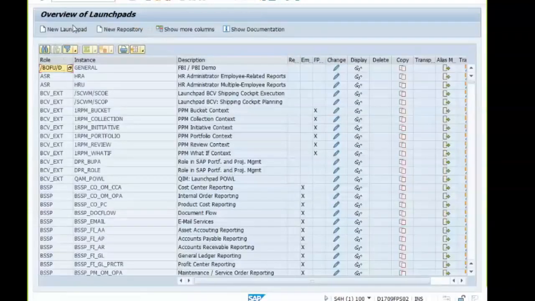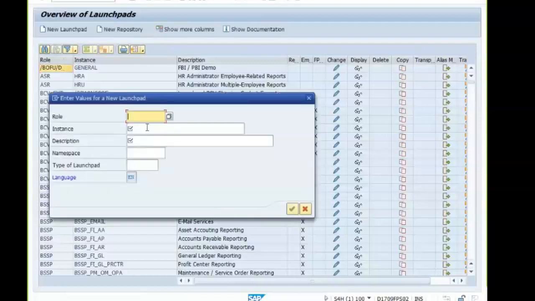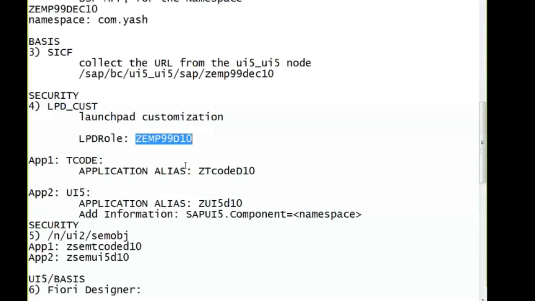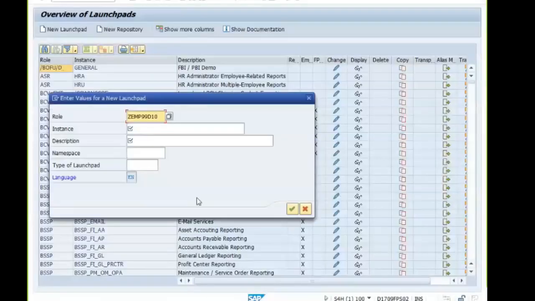So in the LPD cust, create a new launchpad with a role. I told you that we'll use this role, the EMP99 D10 instance. There are 3 instances: transactional, analytical, and fact sheets. So we are going to use the transactional apps here.